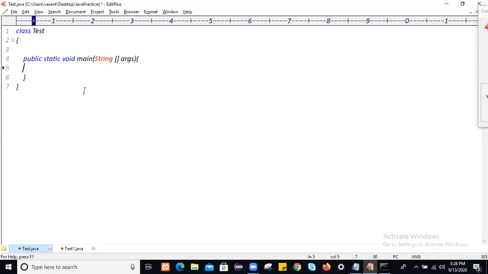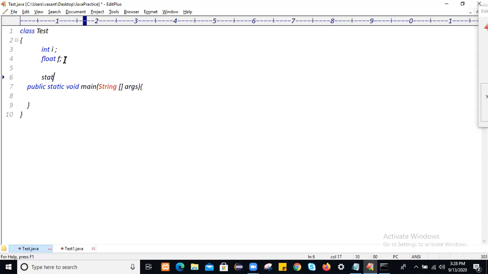Let's try to convert instance and static variables. So let me take this integer type and this floating type. Both of these are instance variables. Let's first go with instance variables and then we will go with static variables. To load an instance variable, we have to create objects. The default value for integer type is 0, whereas the default value for floating type is 0.0. When you convert the integer value into a floating value, you will get extra data, which is not an issue.